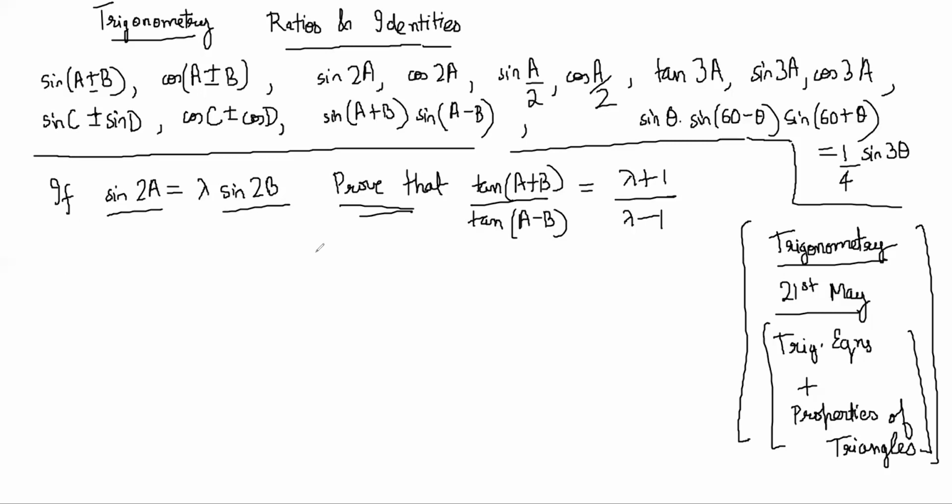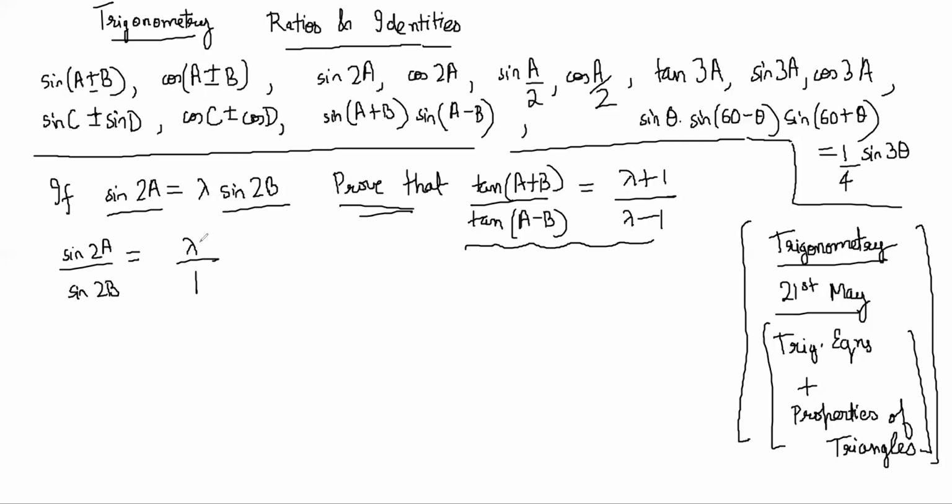So this question, if you are struggling right now, how do you prove it? You start off by knowing what you have to prove. Here, this is A and B, and the angles and the ratios are on one side and lambda is on the other side. That gives us a hint that something like lambda by 1 must be done, so that lambda is on one side and this is on the other.